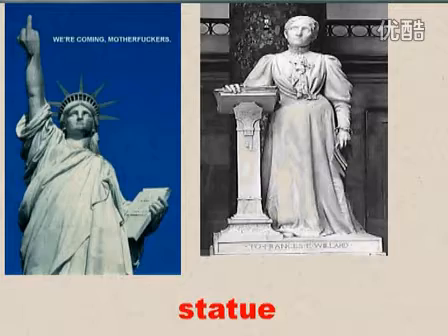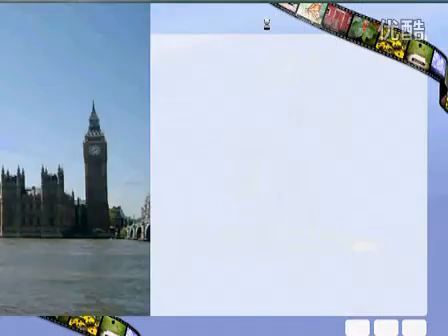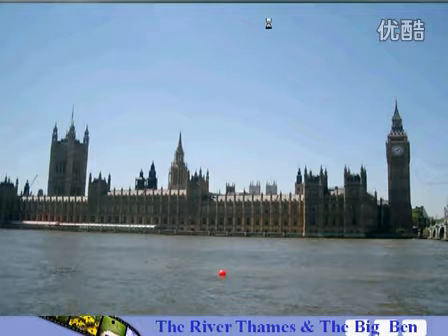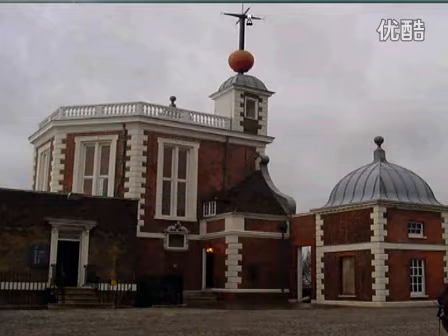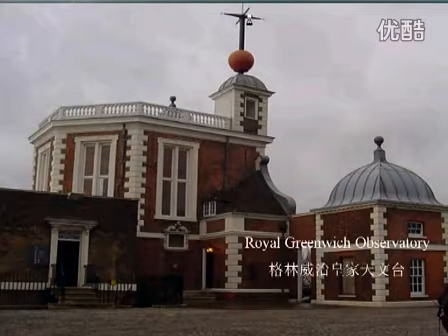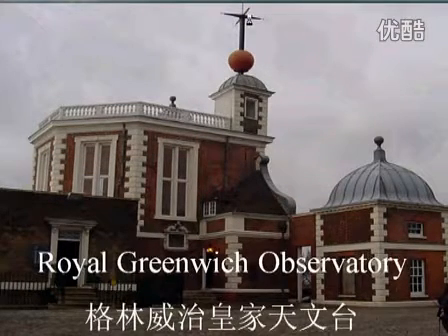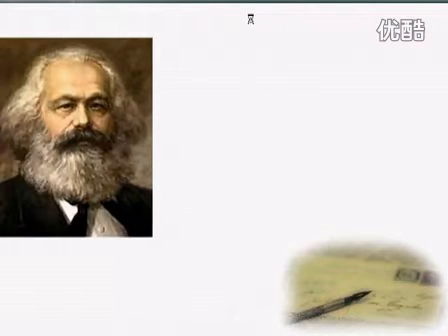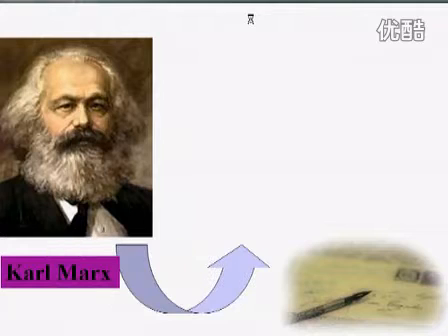It's a statue. Look at this picture. Now the river Thames and the Big Ben. Now Royal Greenwich Observatory. 格林尼治天文台。